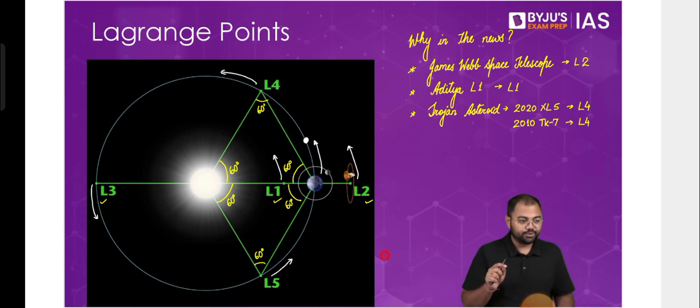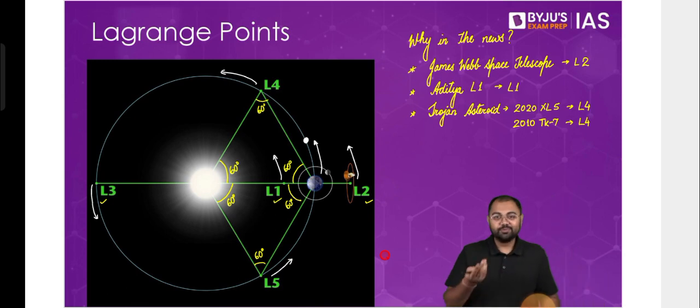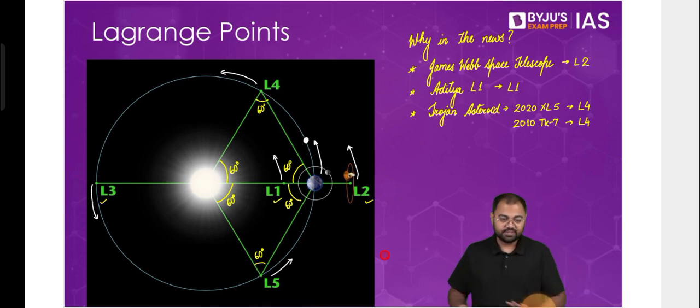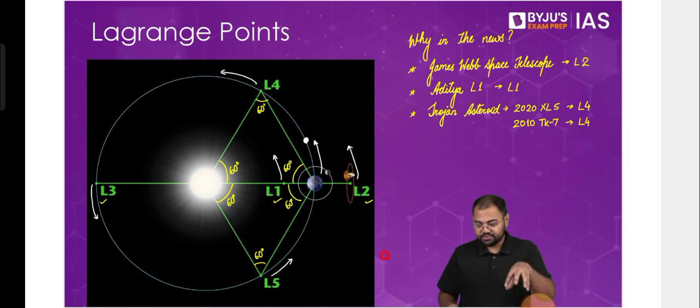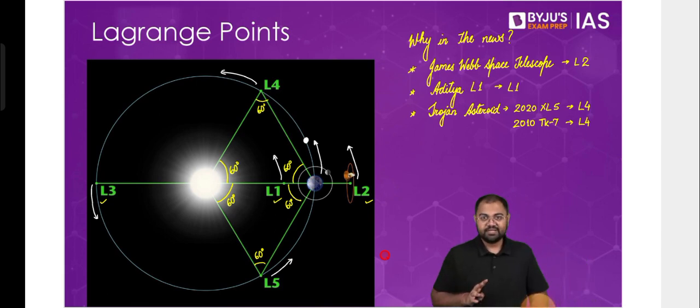Because of that, anything at L1 will always be facing the sun. And what better point to keep it than L1? Because we ultimately are going to study the sun. That's the basic objective of Aditya L1, to study the sun, specifically the atmosphere of the sun and all the phenomena related to the sun. Once we are at L1, it will be easier for it to exist there, and it can exist for a very long time.